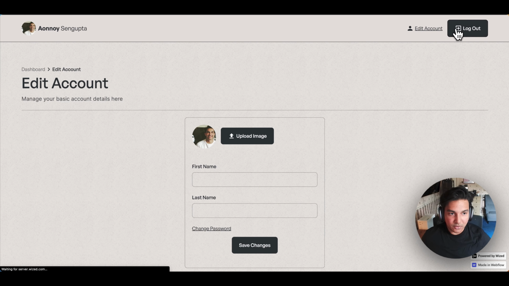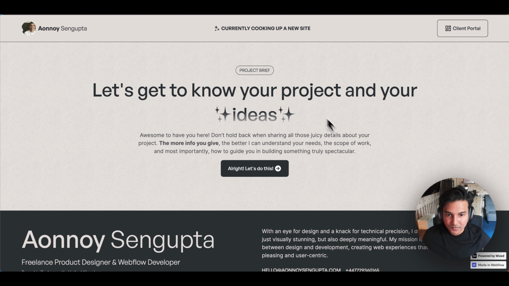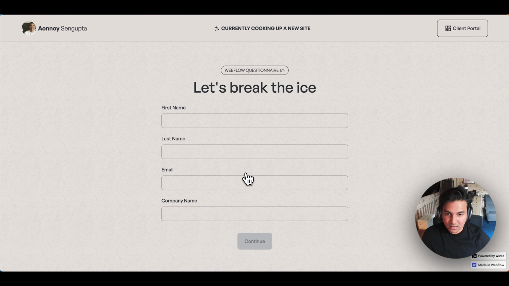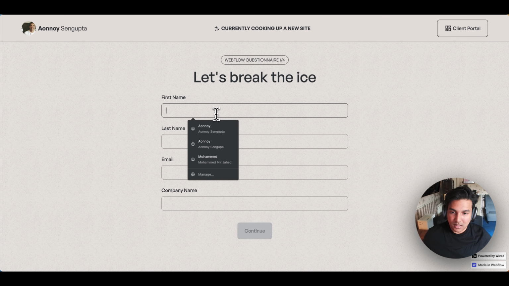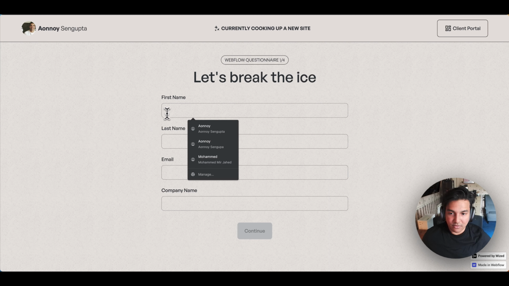So I'm going to log out and that brings us back to the sign in page. Now with that being said, I'm going to show you the questionnaire, the multi-step form that we have for collecting project details. Okay, so this is our project brief page. This is a multi-step form that is paired up with Splide.js. And if I just click into this, yeah, it also has custom JavaScript where it validates if all the fields